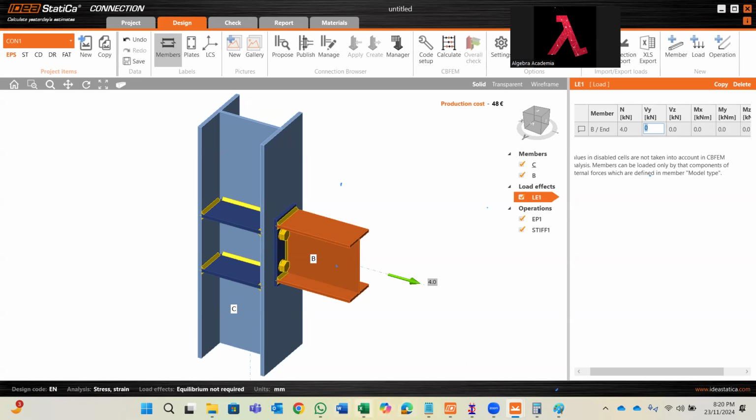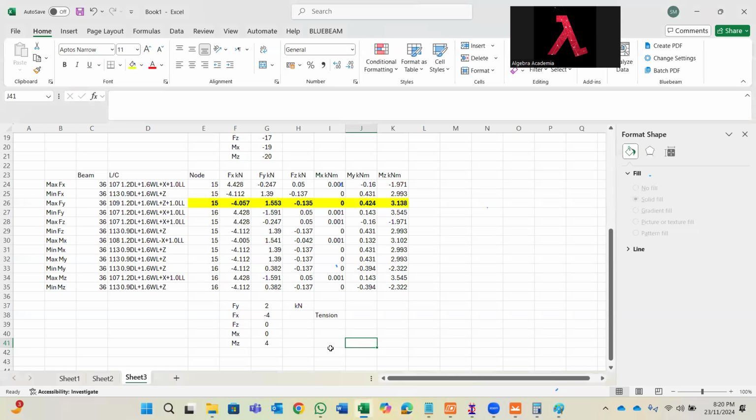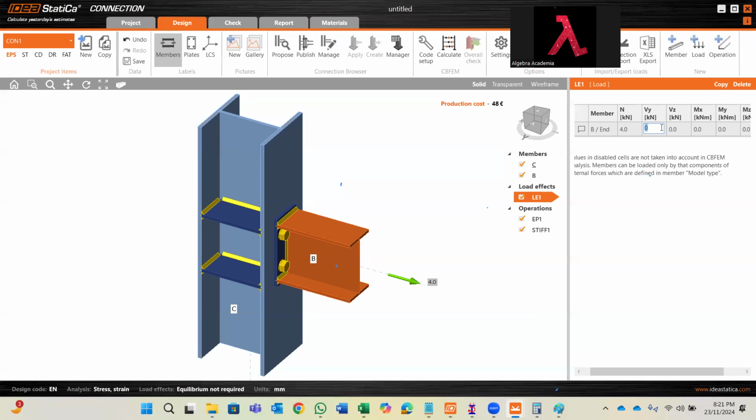Okay. Now going back to the Excel sheet again, Fy is 2 kilonewton, which is the vertical shear, right? Which is the vertical shear, and Mz is 4. Okay, fantastic. So the vertical shear, Vz, 2 kilonewton. So this is the vertical shear. Okay, and Mz